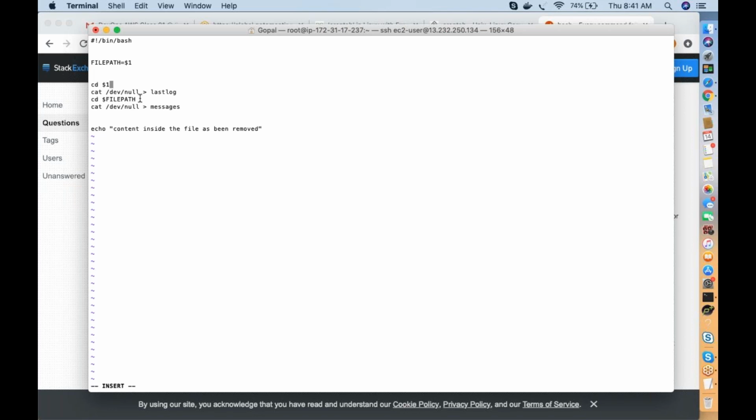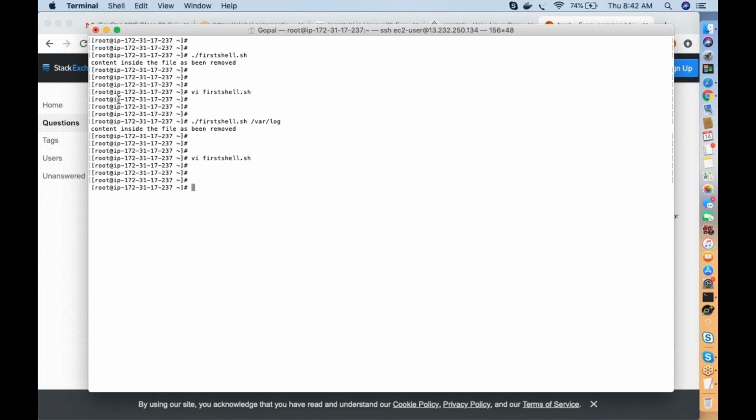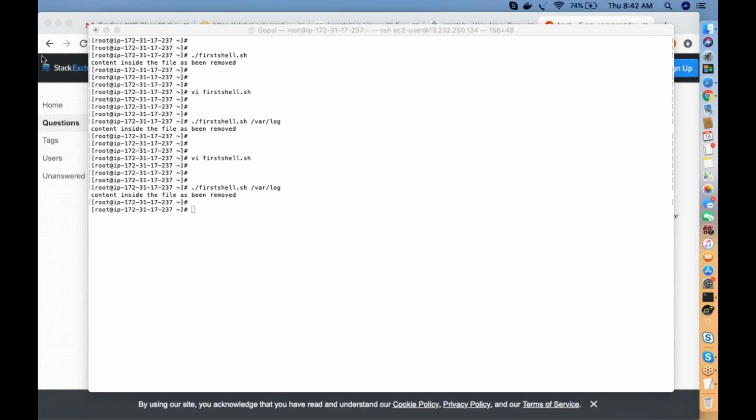So cd $1 will take var log, the first input you have given to your script. Clear? Let's see now. Here it should take var log, here also it takes var log. See, without any error the script has passed. Clear how to pass the variables and how to execute the scripts.